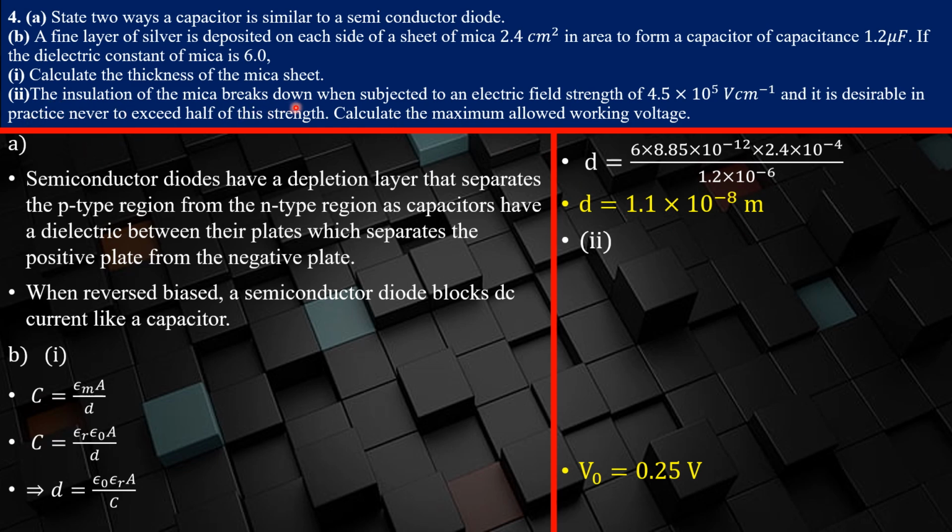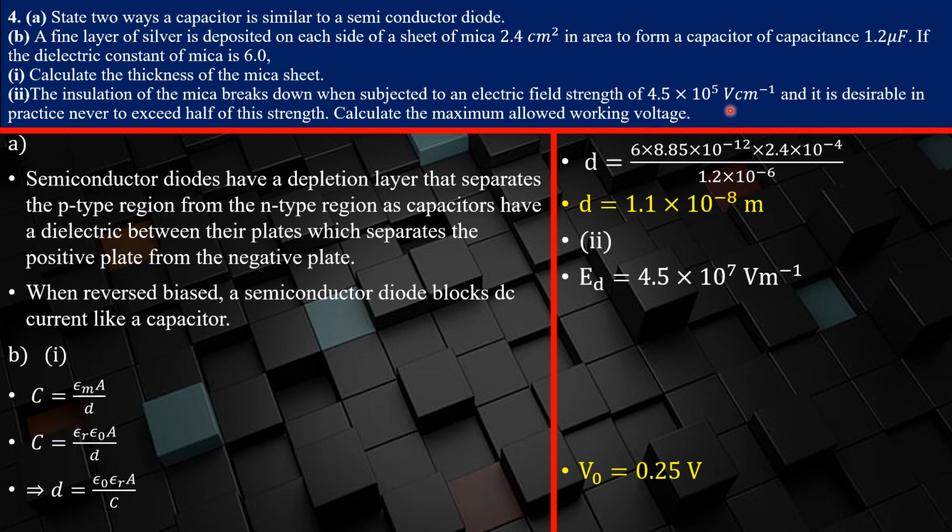The insulation of the mica breaks down when subjected to an electric field strength of this, and it is desirable in practice never to exceed half of this strength. Calculate the maximum allowed working voltage. Okay, so our field strength there is 4.5 times 10 to the power 7 volt per meter. Now remember that it was given to you in volt per centimeter, so convert centimeter to meter. You basically have to multiply or divide